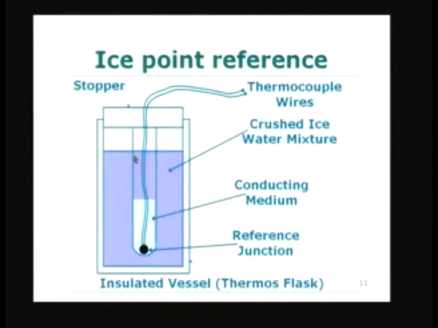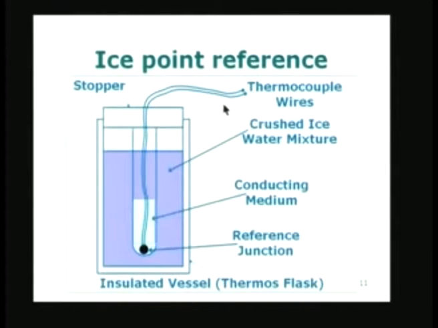Therefore, the temperature of the entire mass here is 0 degrees, and if this tube is immersed totally into it and the reference junction is kept at the bottom, the chances are that the entire thing is going to be at the ice point. So, this ice point cell or ice point reference is going to provide one reference junction for use with our thermocouple circuit.